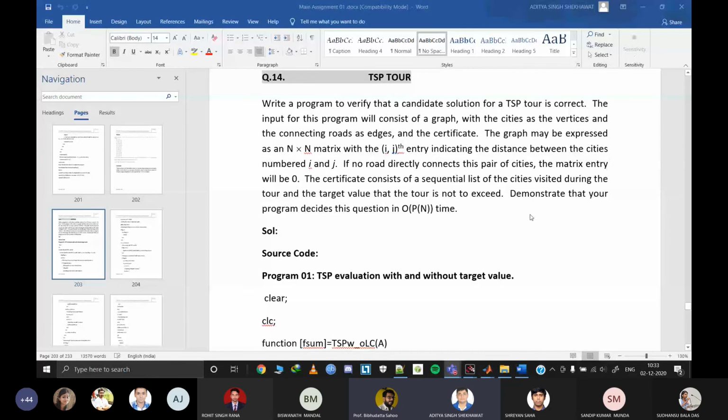Path means the minimum path? No, nowhere in TSP have I asked for minimum. Just suppose I have 4 nodes, and I am printing like that: 04213 is the path, and the optimal cost is this. No, that is a dynamic programming solution. This is a very simple program.